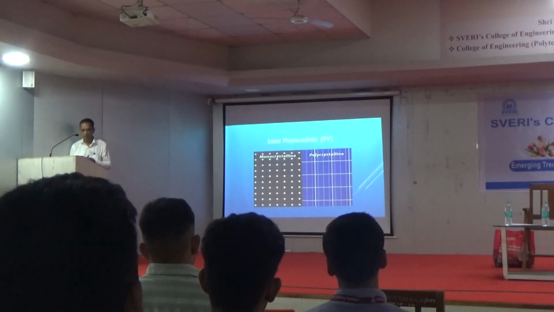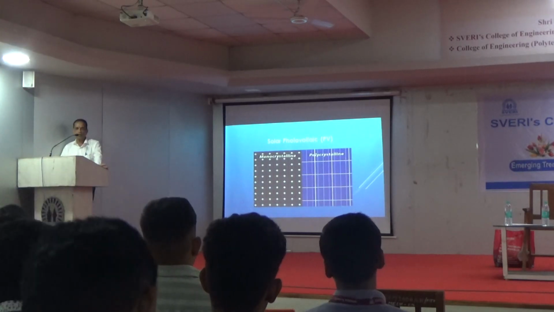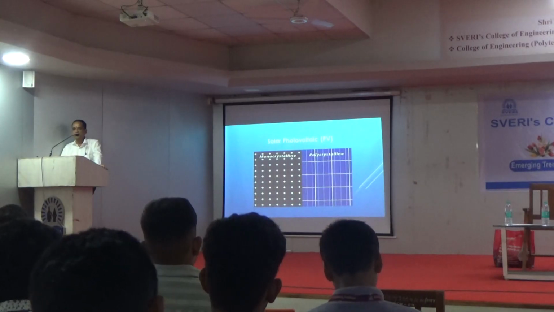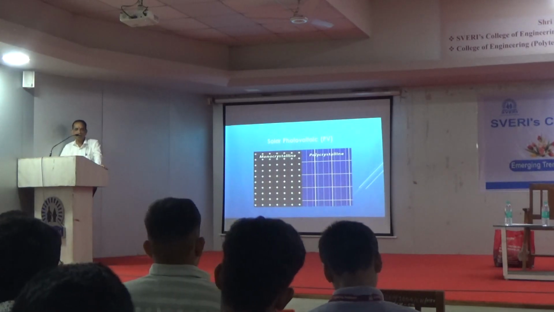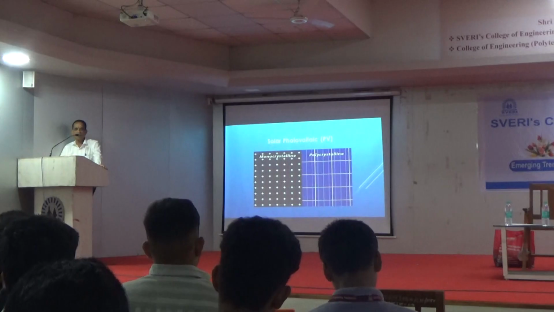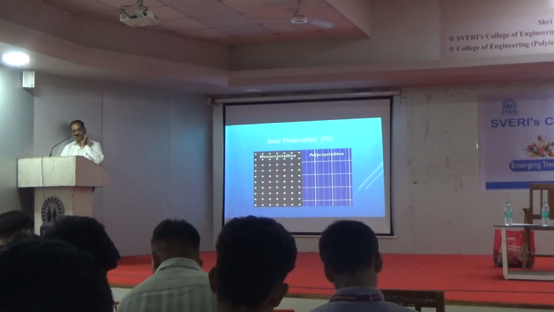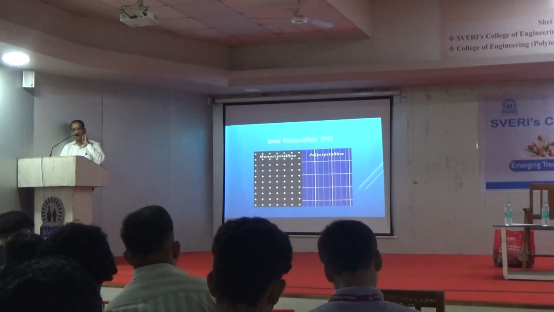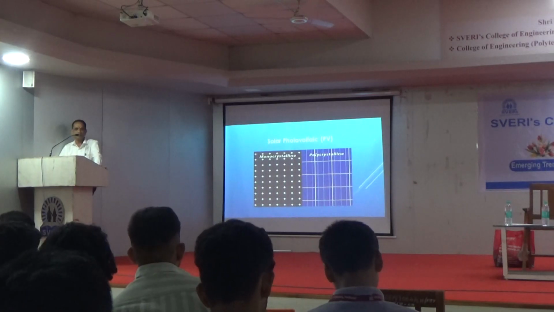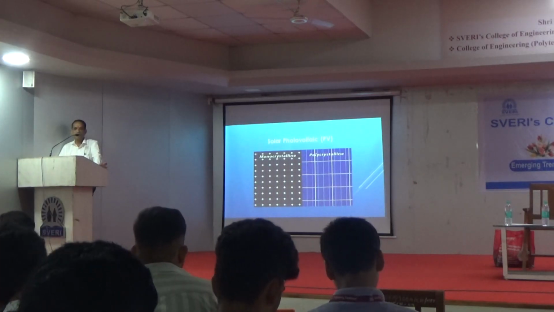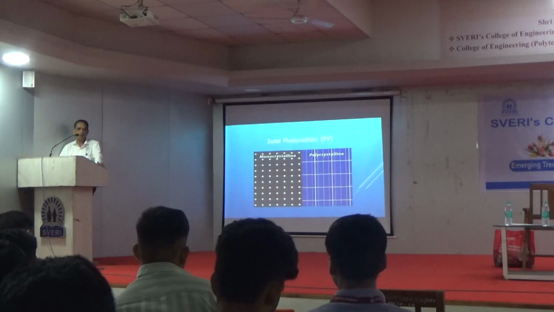So I will give you a few tips. What panels are available in the market? You can write down. In 6 volt, the panels available are 5 watt. 6 volt, 5 watt panels are readily available in the market. 6 volt, 10 watt is also available. After 10 watt, there is no 6 volt panel.